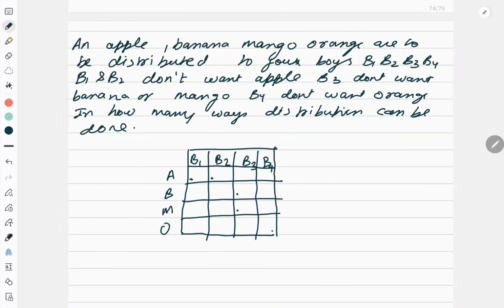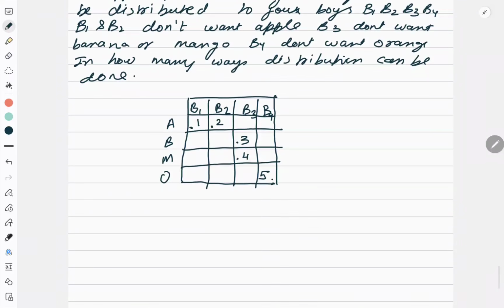Usually in Rook polynomial, blocked windows we don't consider, but now we will consider the blocked windows. So let me name them 1, 2, 3, 4 and 5. So I got this board. Now I want to find the Rook polynomial for this board. Keep in mind, if there are more rows and columns and you directly start with the basic definition, it becomes very complicated because R2, R3 values will be very big. So it is always advisable to apply the product rule or the expansion formula. You can watch the videos on the product rule and expansion formula which I have uploaded already.